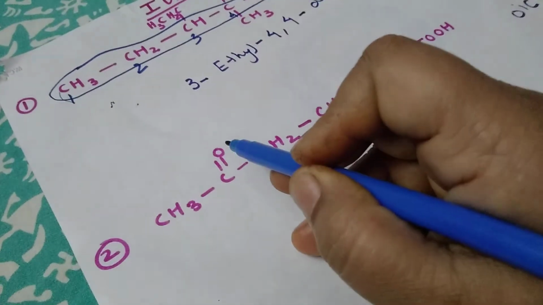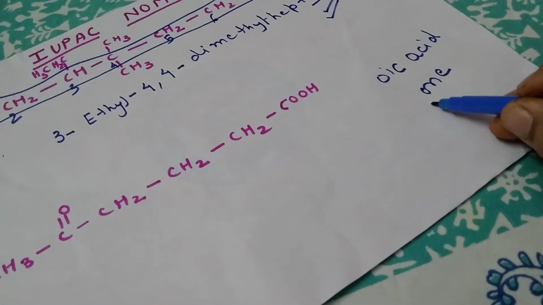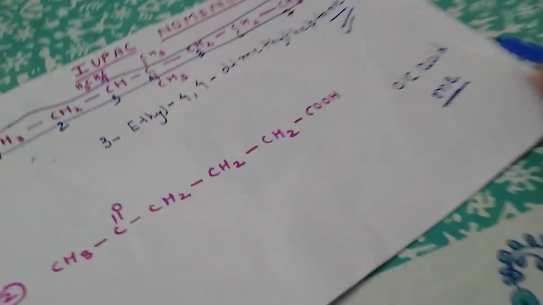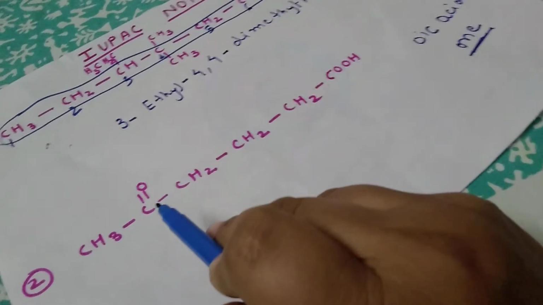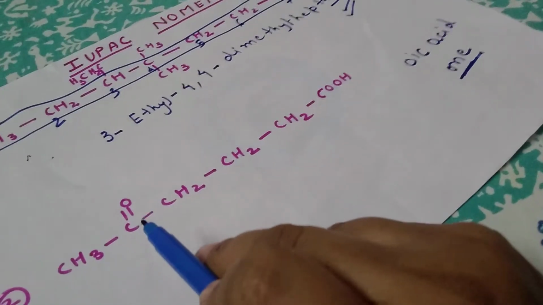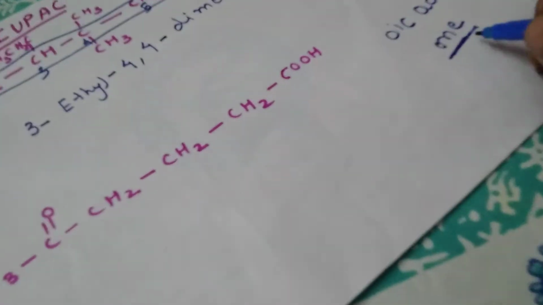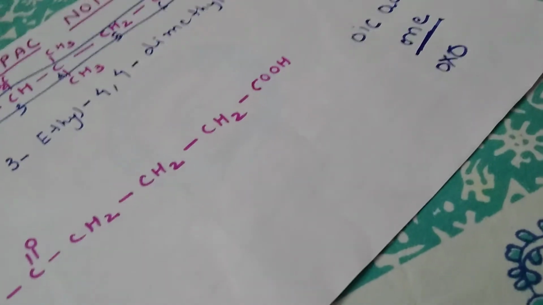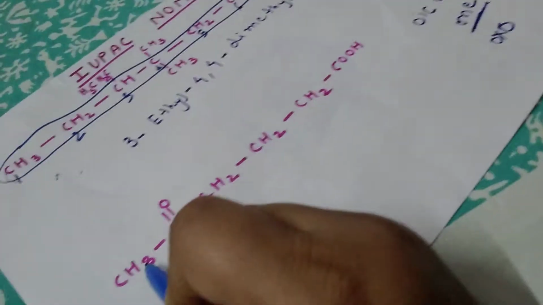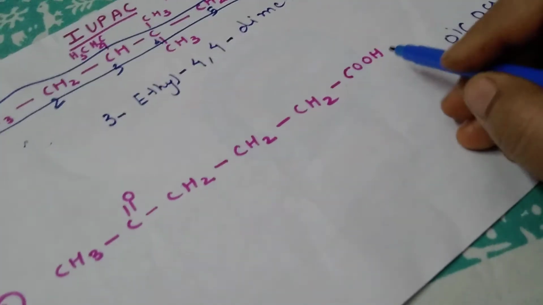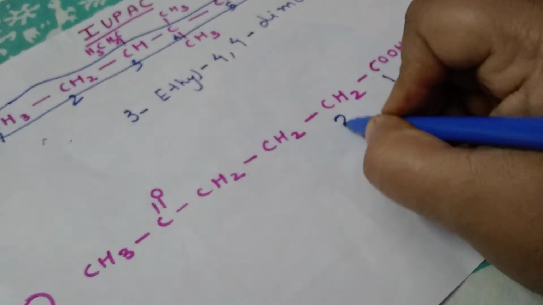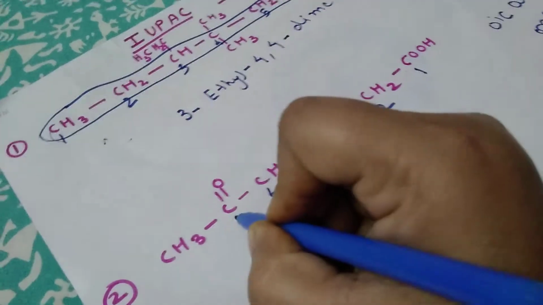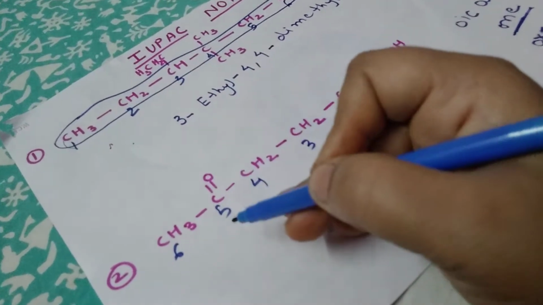Now what about CO? We will not use its suffix one, because when it is used as a substituent, as a prefix, then its name will be changed. It will not be one, it will be oxo, like this. So what will be its name? How many carbon atoms are there? Now from where will the numbering start? From here, because we are giving more preference to COOH. 1 2 3 4 5 6, and now the oxo group or ketone group is a substituent.